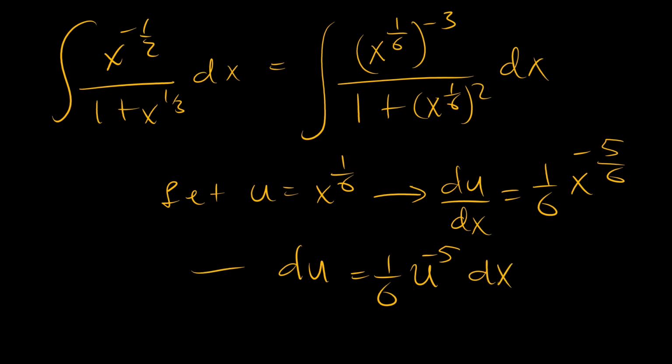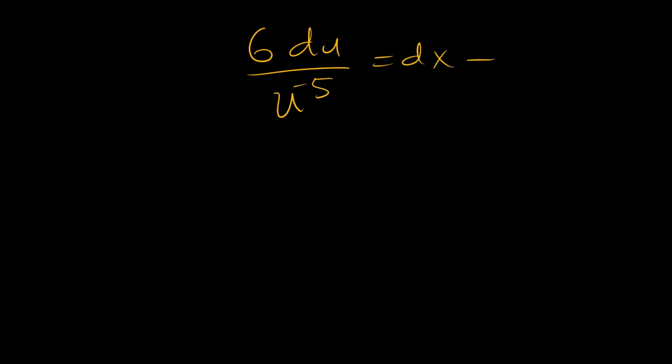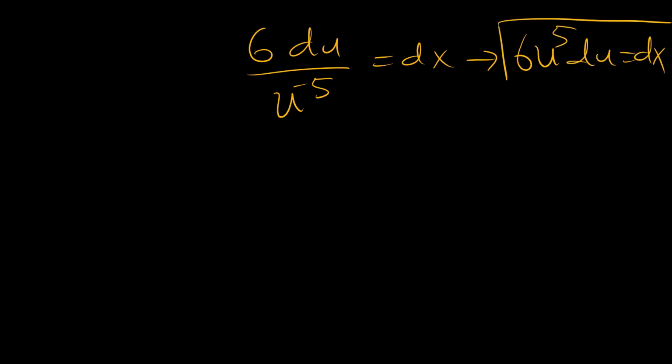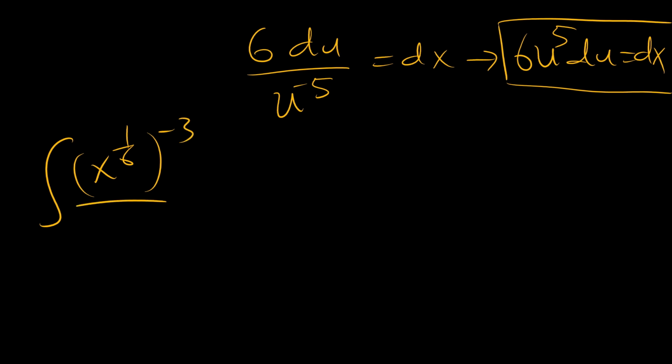So that implies that 6 du over u to the negative 5 is equal to dx, which means 6u to the power 5 du is equal to dx. So we're going to use this substitution, and so if we have x to the 6 to the power negative 3 over 1 plus x to the 6 to the power 3 at the